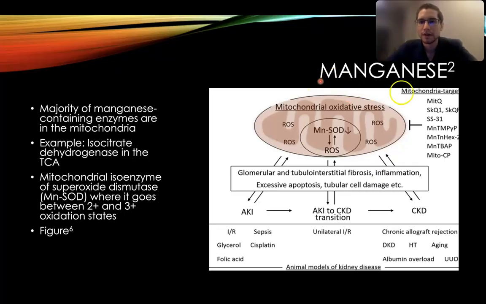Moving on to manganese as our second transition metal that we'll talk about today. Most of these transition metal, manganese specifically containing enzymes, are found in the mitochondria, and that could be easy to remember. Manganese, mitochondria, they both start with M. We see another superoxide dismutase complex right here inside of the mitochondria, where reactive oxygen species produced from things like